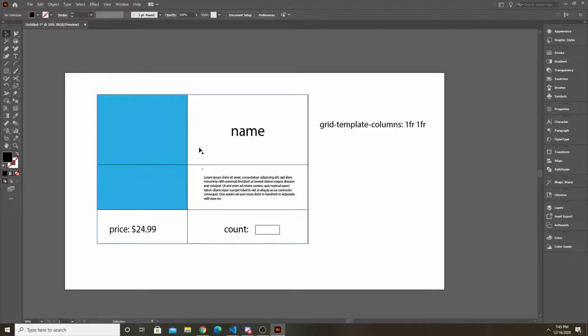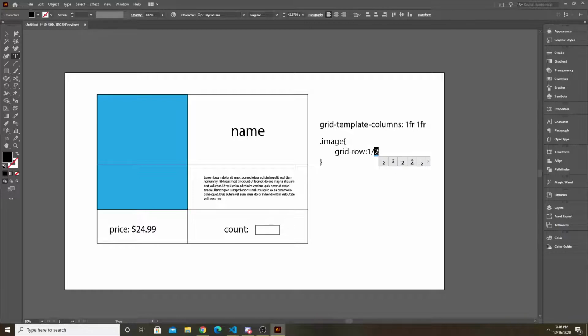But then you'd have to specify, like for the image, for example, whatever has a class of image, you'd have to tell it to do grid column. Actually we don't change the column, the grid row, because it's taking up 2 rows. You'd have to say grid row